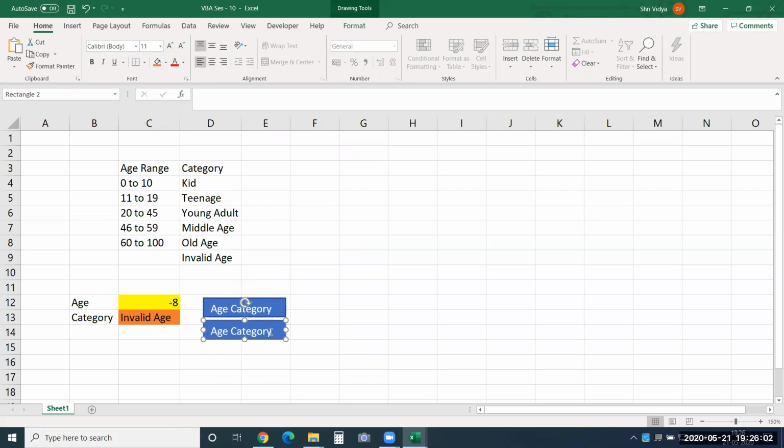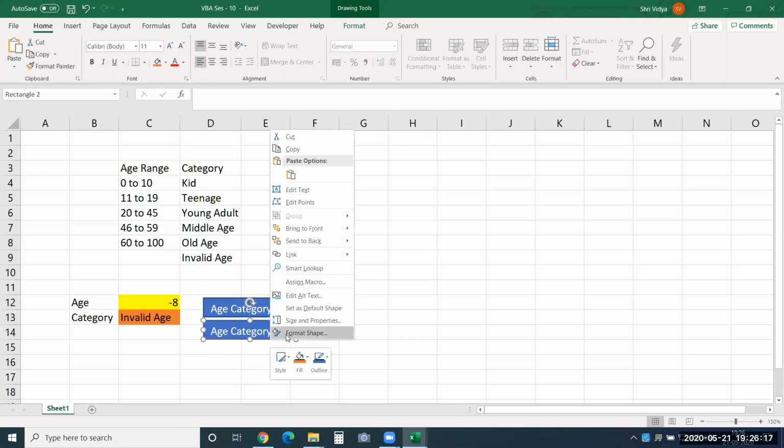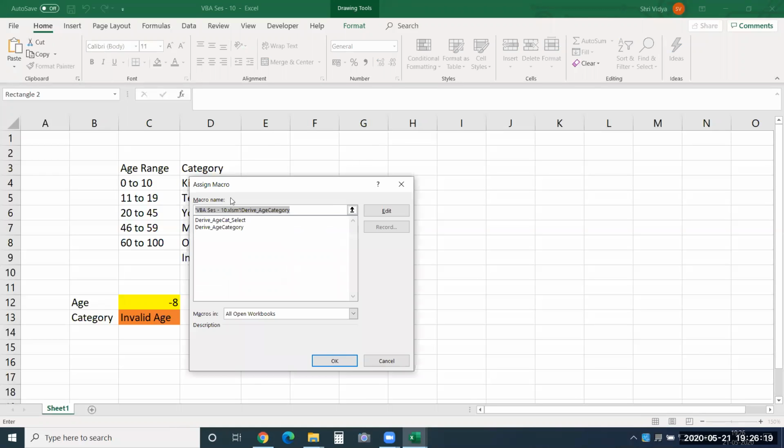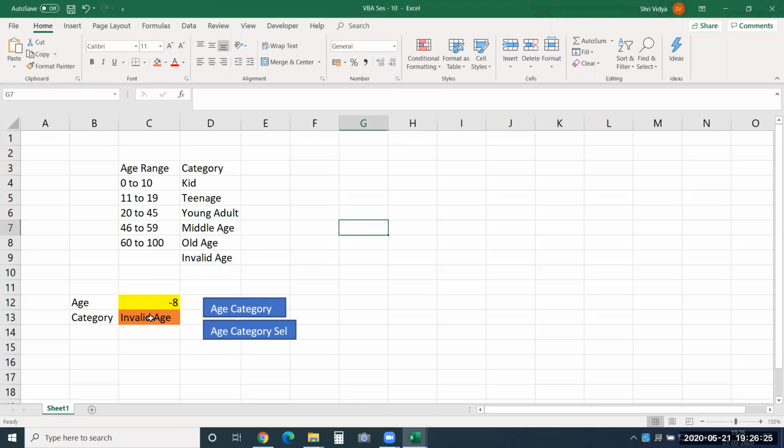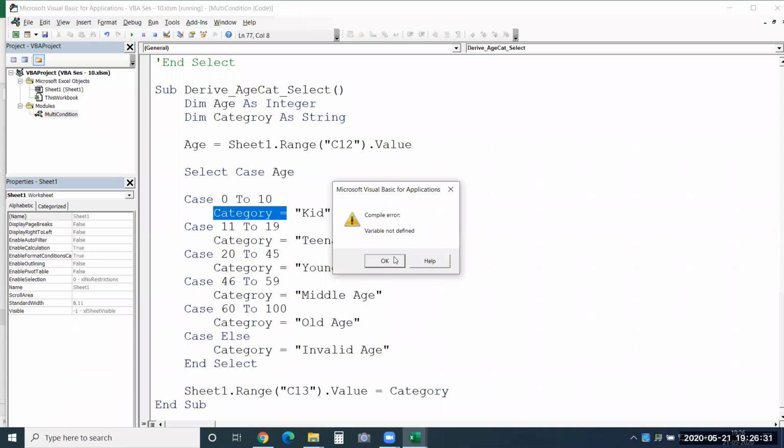I'll change the content of this. I'll just change the label. It says select case, and I'll assign a different macro that we currently wrote. Click on assign macro. You see, derive age category using select case. Say OK. You can see here I'll change the value to 23, and when I click on this button,